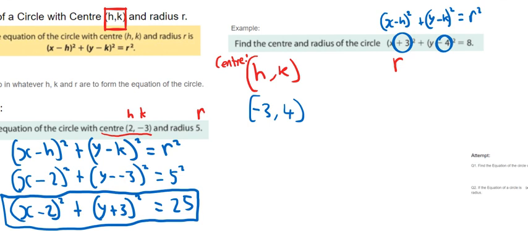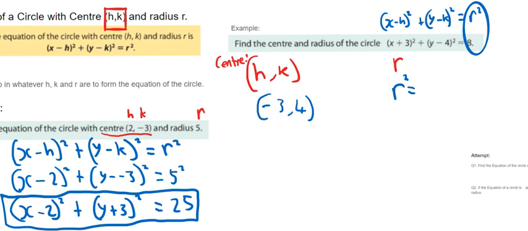So you imagine if you were putting them back into the formula, then if you were putting minus 3 into that formula, it would be x minus h, so it would be x minus minus 3. So it would be x plus 3, and that's what we're getting here, so x plus 3. So the answer to that would be minus 3, 4. So that's the center. And then r, well, we know that r squared